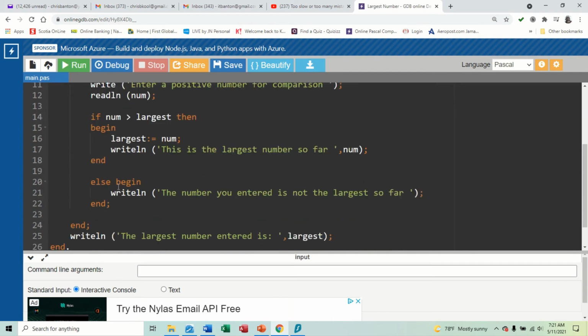All right, I will say else, we end this section, but the entire if statement is not finished yet. Else begin, the number you entered is not the largest number so far. We could do something else. We could actually do a test here to kind of rid ourselves of any errors. So we could say else if